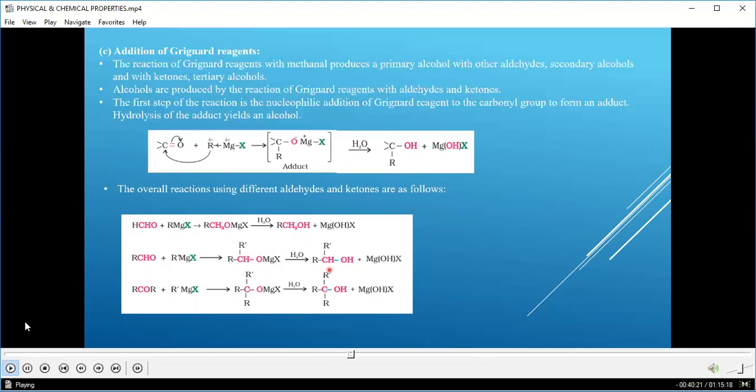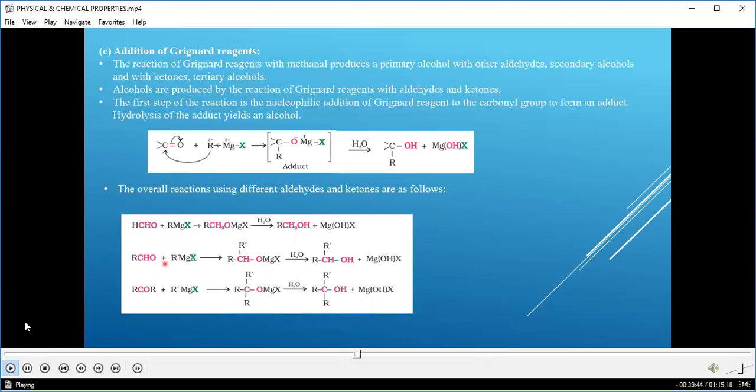Next, when we are talking about the secondary alcohol, we have already defined what are primary, secondary and tertiary alcohols. Let us recall one more time. Carbon containing the functional group attached with one carbon atom, they are known as primary alcohol. Carbon containing the functional group attached with two other carbon atoms, they are known as secondary alcohol. Whereas carbon containing the functional group attached with three other carbon atoms, they are known as tertiary alcohol.